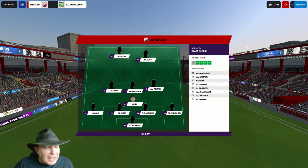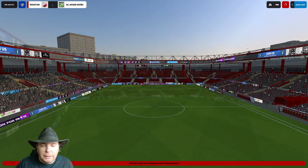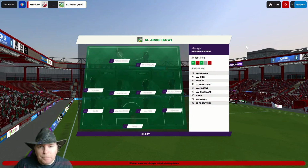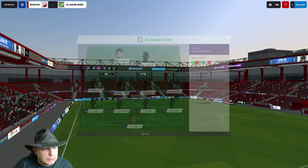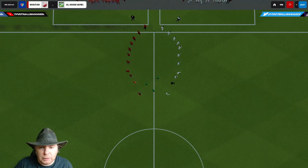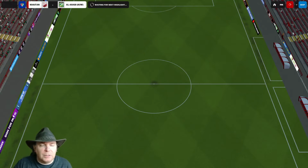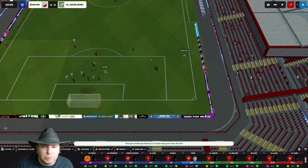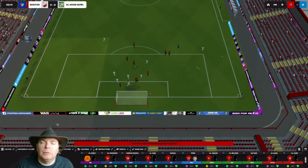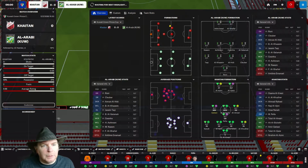Oh my word, there's actually people here. It looks like we'll be playing in our red shirts, black shorts today. Al Arabi appear to play in green, certainly based on the shirts of those large numbers of fans. Oh no, well, of course, having said that, they're all playing in all white, because green and red, well, I suppose for colourblind people, probably clashes. I seem to remember there being trouble with traffic lights for colourblind people with a certain version of colourblindness. Anyway,